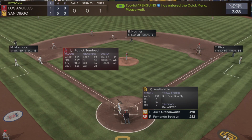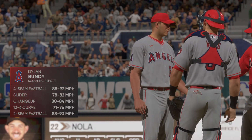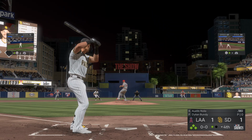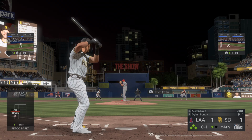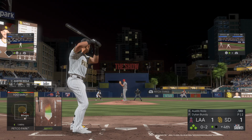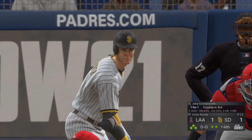Up next, Austin Nola picked up an RBI on a sac fly in his first appearance. Dylan Bundy is called upon to pitch, really needing that double play ball. Bases are loaded here with only 1 man out. First pitch on the way as he takes a called strike at the knees. It's 0-1. So important getting ahead with the bases loaded. Already a difficult situation, so you don't want to make it any harder by falling behind in the count. And that changeup makes him jump. A swing and a miss. You won't see a guy fooled any more than he was there, as on 3 pitches he becomes out number